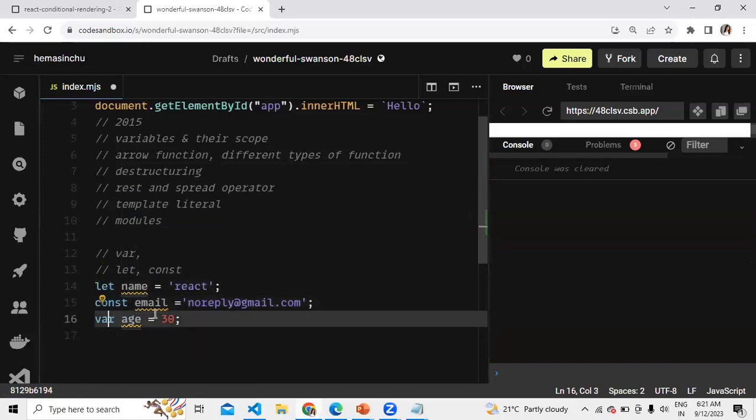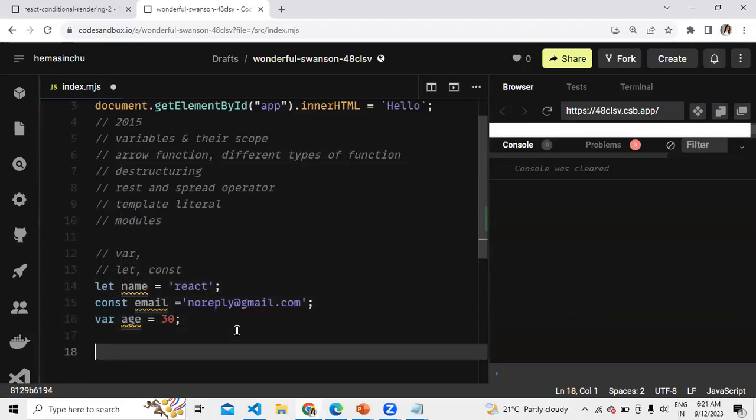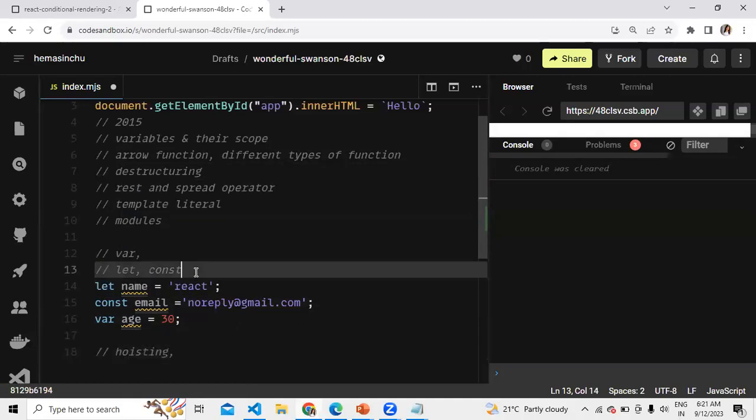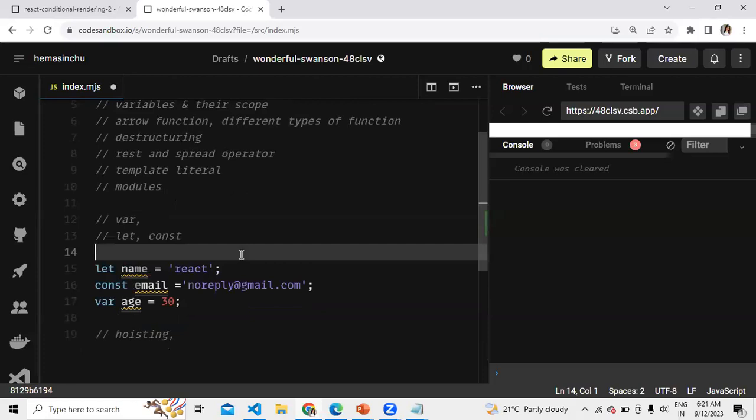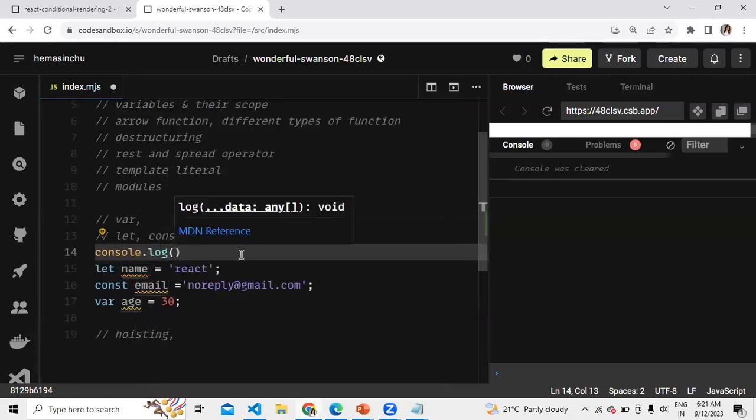The change comes in terms of what is called hoisting, which means where a variable can be accessed even before its declaration. I can access the value of age.